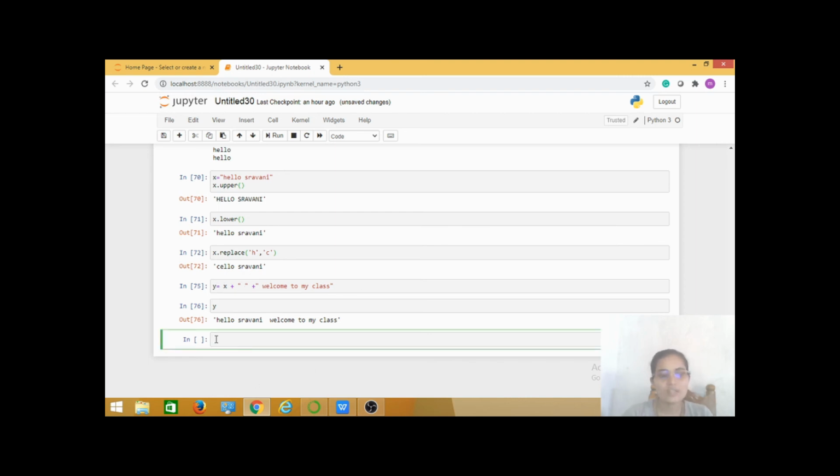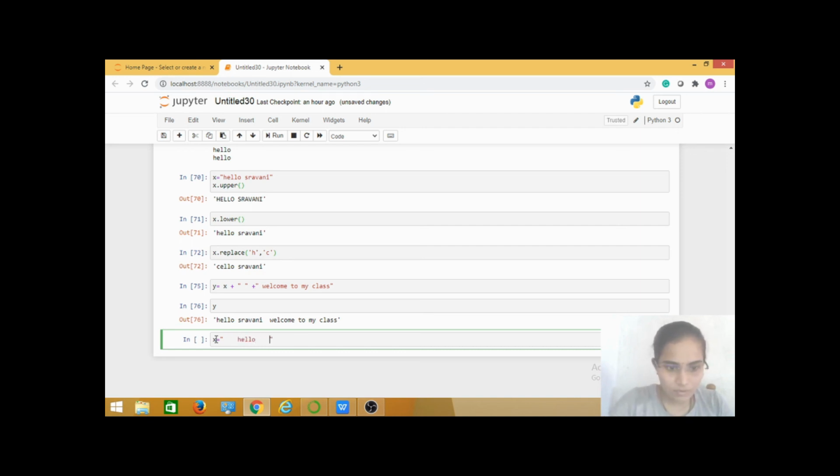If I want to remove the white space from the starting position and ending position, I have one method, that is the strip method. Let's see how this strip method works here. x equal to, here I am giving some white spaces, and I am giving some white spaces, and I'm printing below.